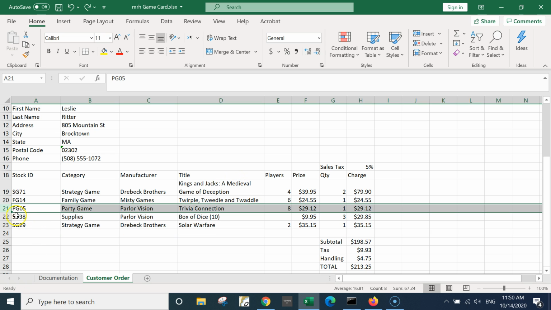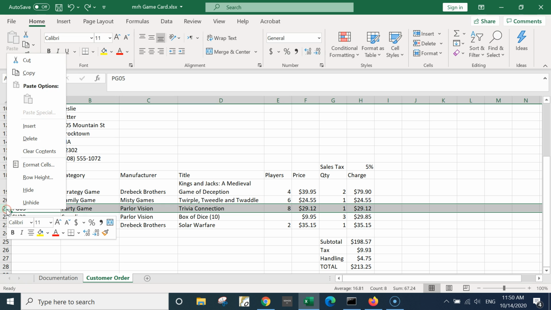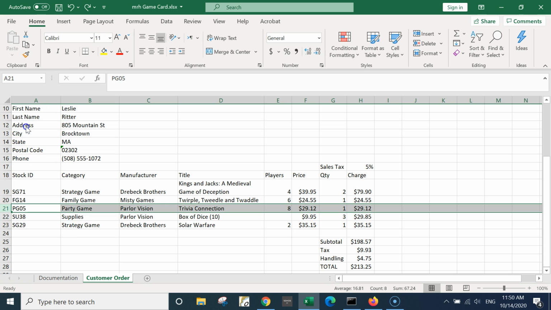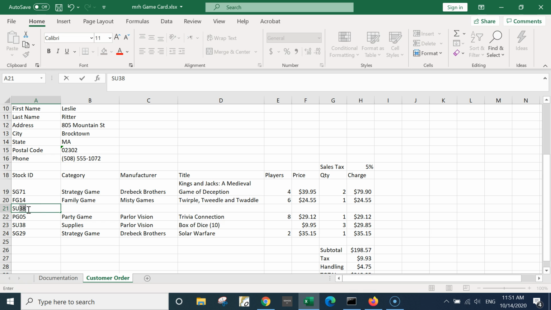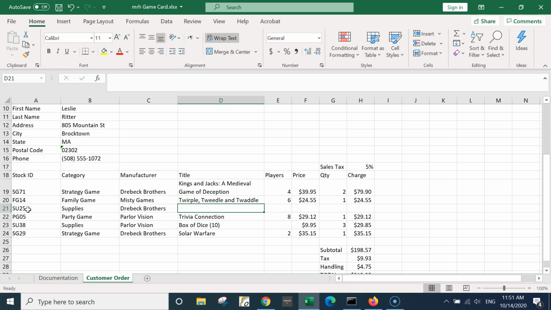The other thing you could have done is gone down here, right clicked, chose Insert, and it would have put a row in there as well. So lots of different ways to do it. But in this row, we want to type in the first cell. So click on the first cell one time, SU25. We'll tab. We're going to enter Supplies, and then tab, and enter the Drebick Brothers. And then this time it's going to be a Miniature Set,